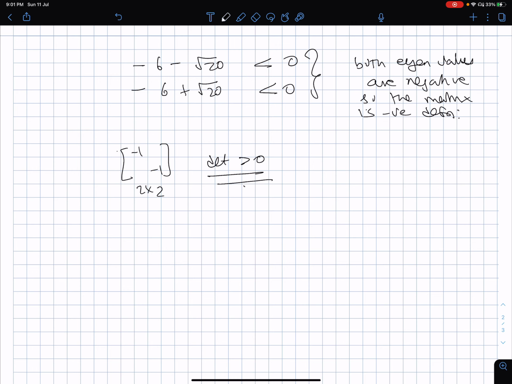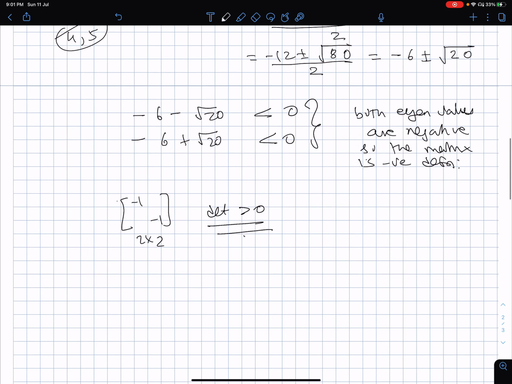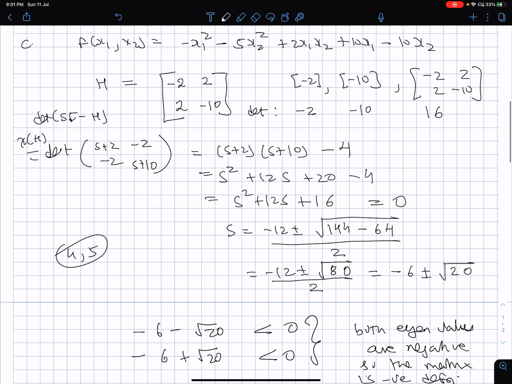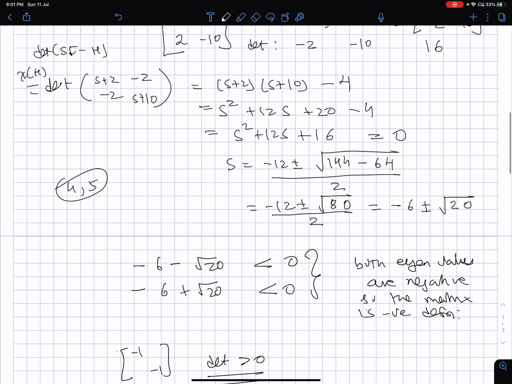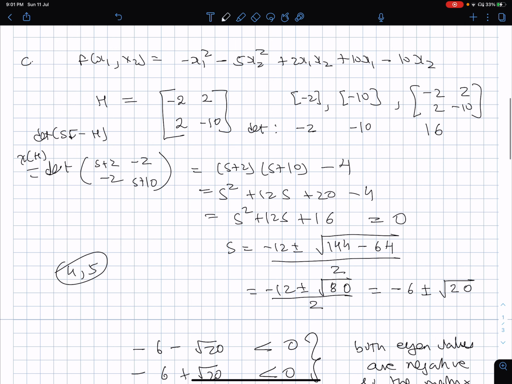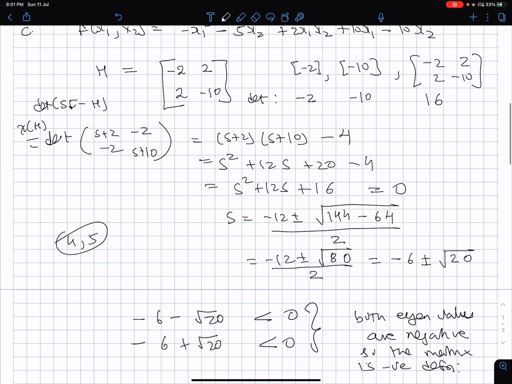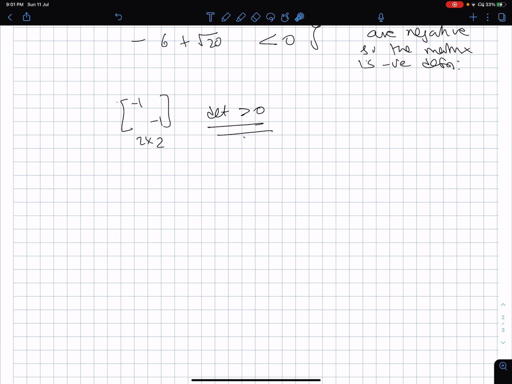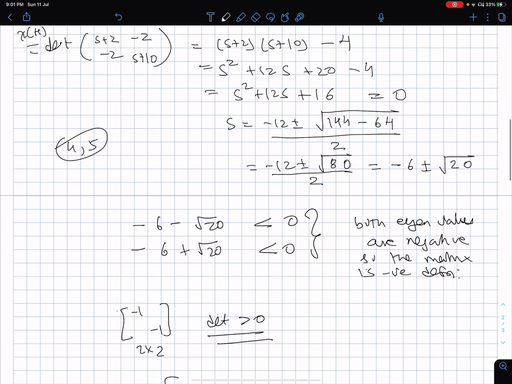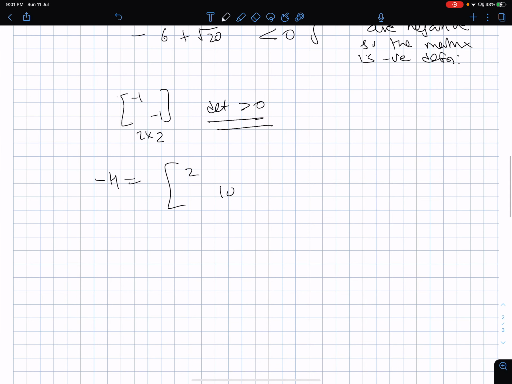So I think, since I had given you a characterization of positive definite matrices, if I want to check the negative definiteness of this matrix, because it's clearly not a positive definite matrix, what I should be doing is looking at minus of h, which is nothing but 2, 10,